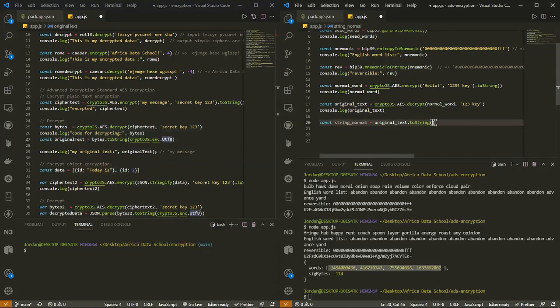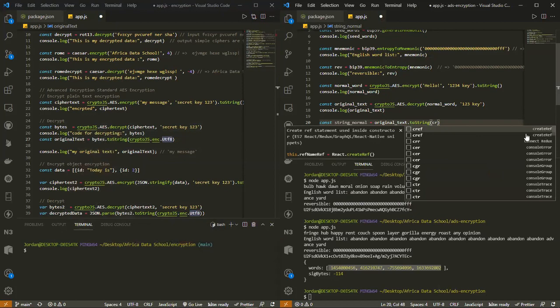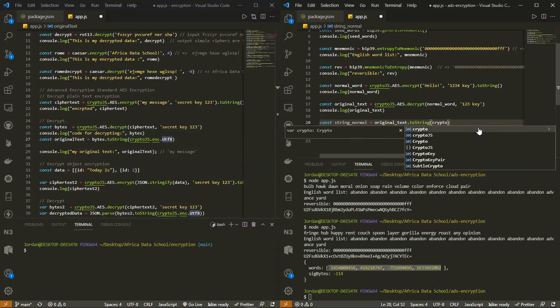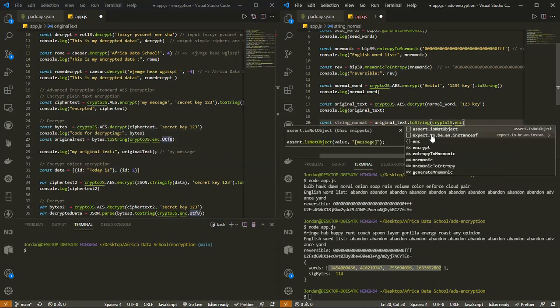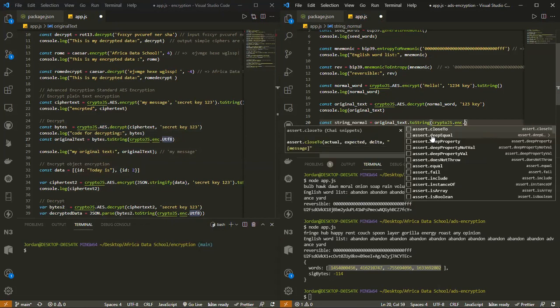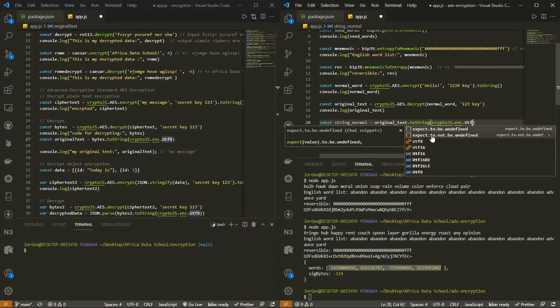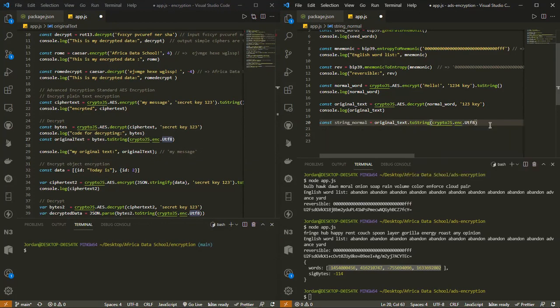So we'll do that. It's already provided for us by the library CryptoJS dot enc, so ENC means encoding. That is UTF. Is it small? I think it's small. We have UTF-16, we have UTF-8. And then we will display our